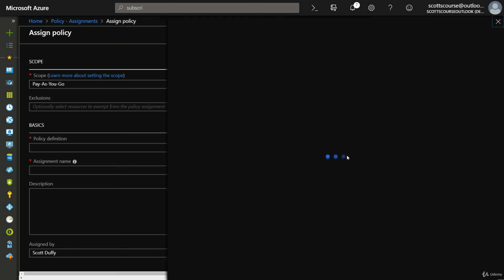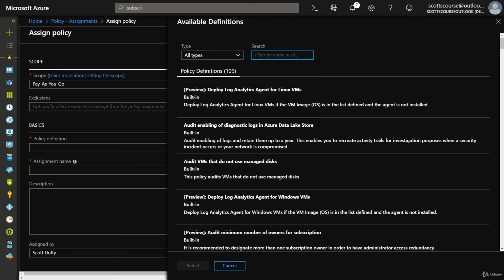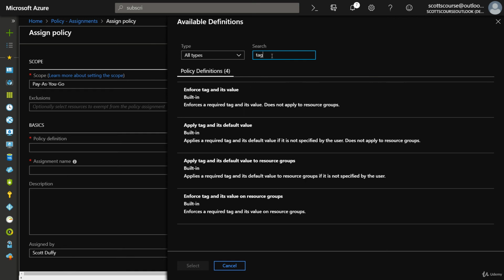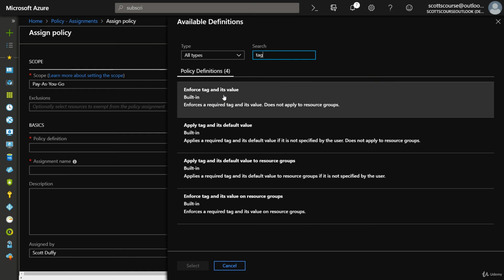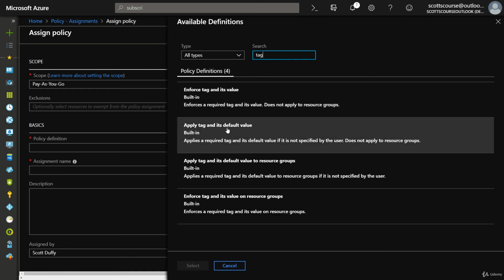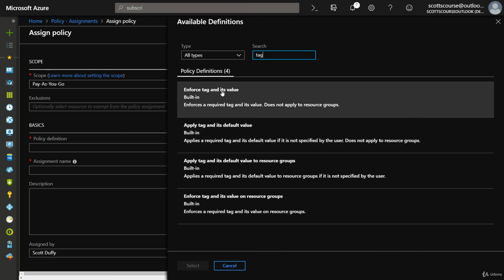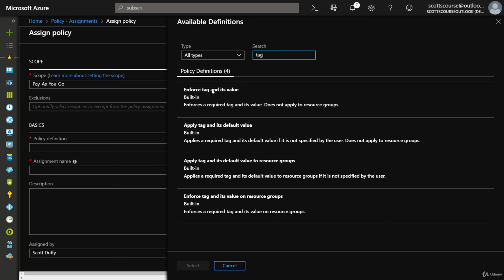But if I go into search for policies, we can do tagging related policies, right? We can enforce that all resources must have a tag, and if it doesn't have a tag, we give it a different tag. On a resource group level, we can enforce all tags having a specific value